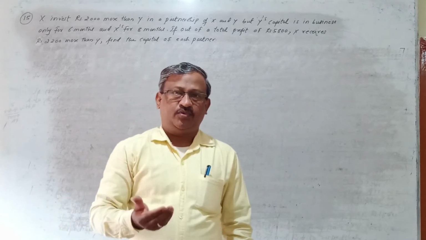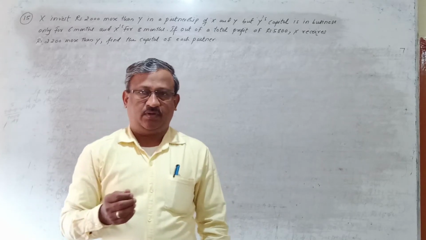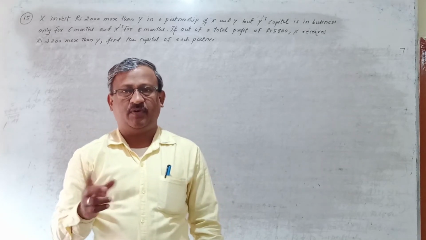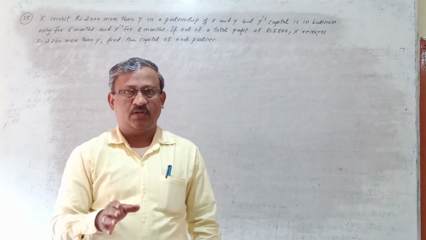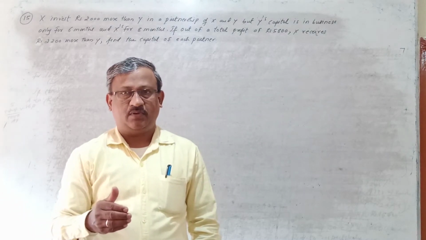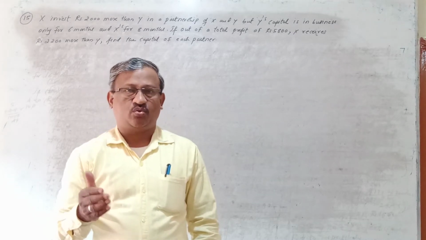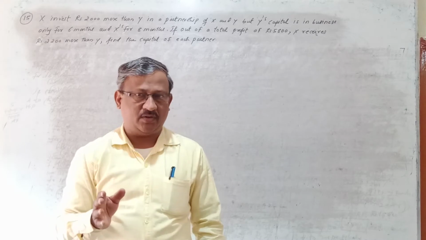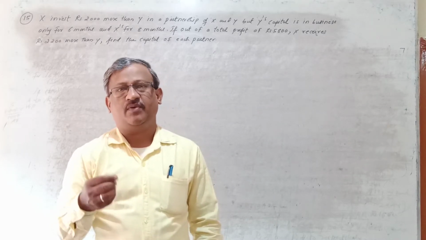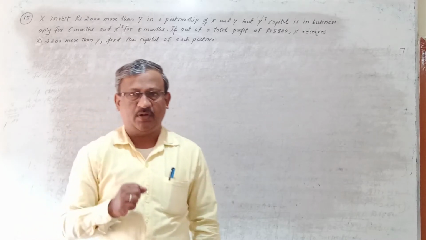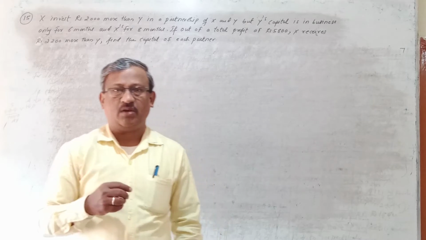In later problems, they didn't give the profit, right? They used to give only the share of any one partner, and ask you to calculate the share of the remaining partners. They gave the capitals and the share of one partner, and asked what is the total profit and the shares of the remaining partners. So far we have seen how to distribute the profit when it is given, or how to calculate the profit when it is not given. Now we are going to see how to calculate the capitals.